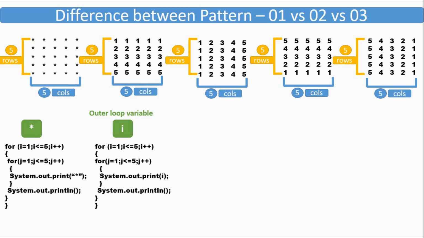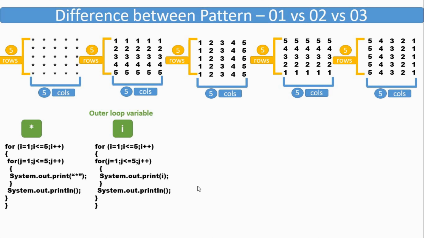So our outer loop will get initialized from 1 and it will run till 5. With the inner loop there is no such restriction, it just needs to run 5 times. Either it will run from 1 to 5 or 5 to 1 or 10 to 14. It will have no impact on this, because this pattern depends on the outer loop variable, not the inner loop variable, and the work of the inner loop variable is to run 5 times.